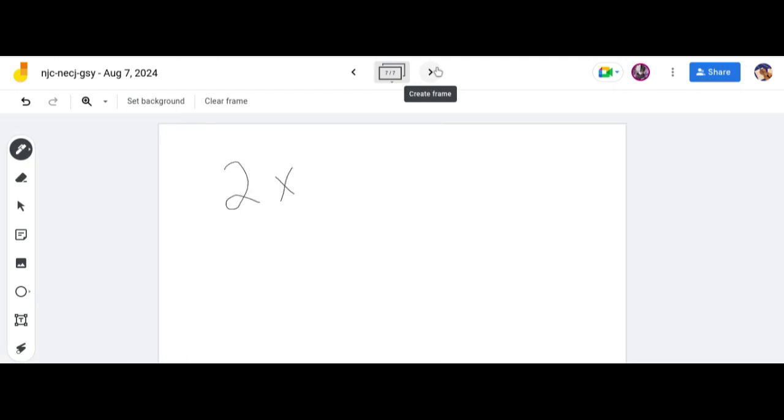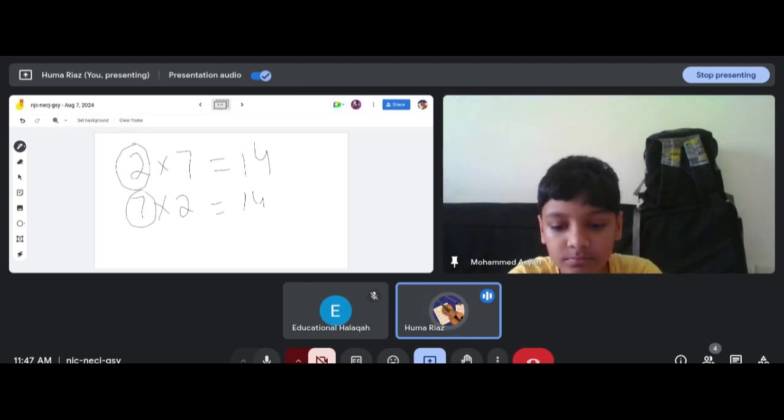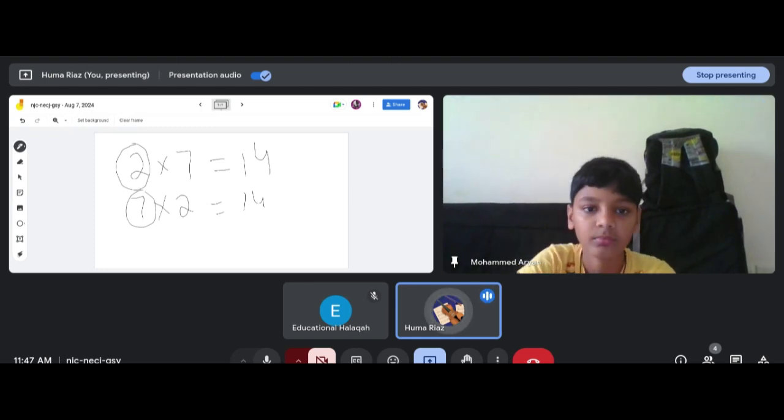If we have to find two numbers which give exactly the same answer, it means that we have to find that number which is present in the tables of both of them. Okay, so 2 7s are 14, then 7 2s are 14 also. So it means that 14 is present in the 2 table as well as the 7 table. Remember that in multiples we have to find that pair of numbers in which both of them contain the answer in their tables.